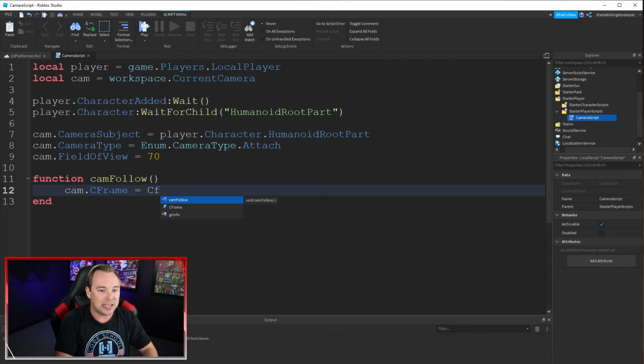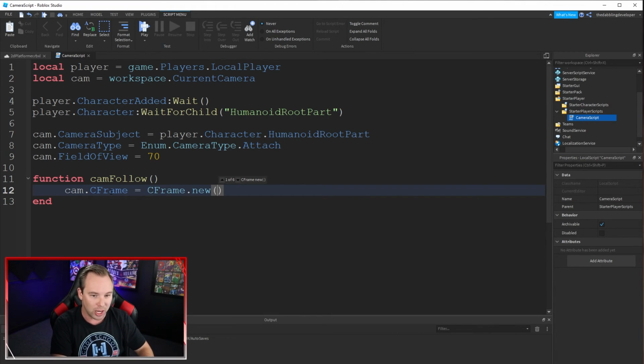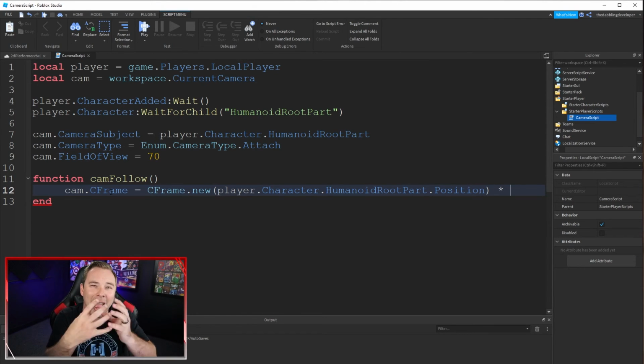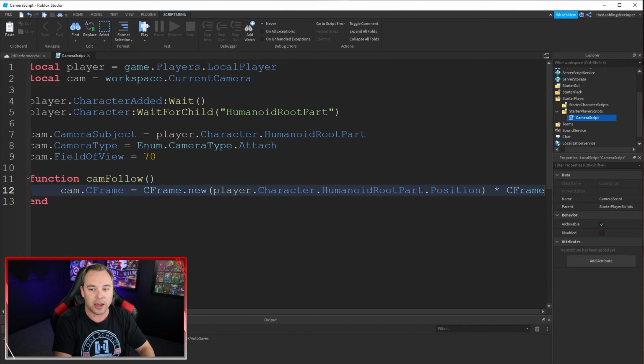So CFrame, we're going to set it equal to a CFrame.new, a new camera frame, and we're actually going to grab that player.Character.HumanoidRootPart.Position. So this is the position of the humanoid's character. So this is the position of the player. And we're going to multiply that by a new value. So you can add, but when you're working with vectors, it's better to multiply. So we're going to say CFrame